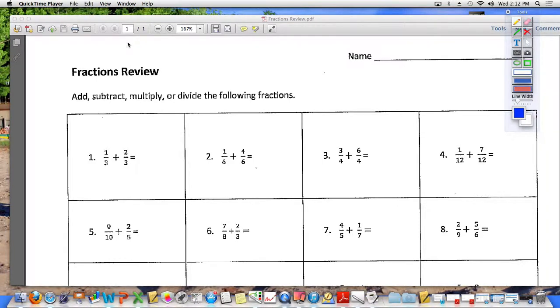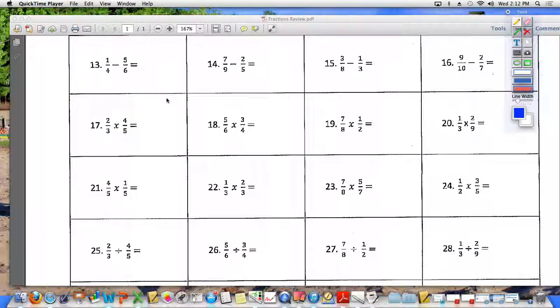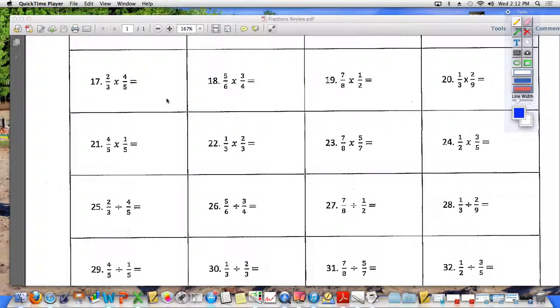Right, you each should have in front of you a fractions review. What we're going to do today is talk about, there's a lot going on on that paper. There's adding fractions, subtracting fractions. Go down to the part where it says multiplying fractions. So go down to number 17 and just bear with me for a few minutes here while we talk about how